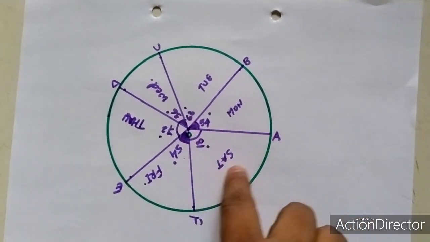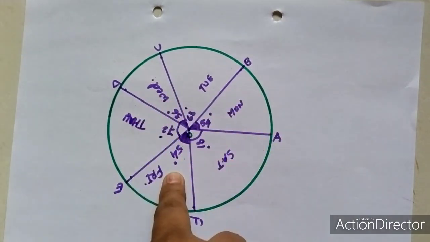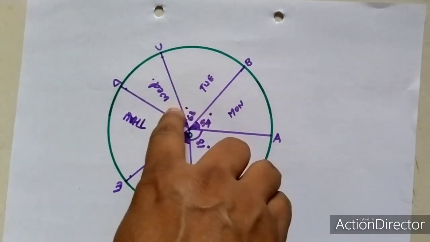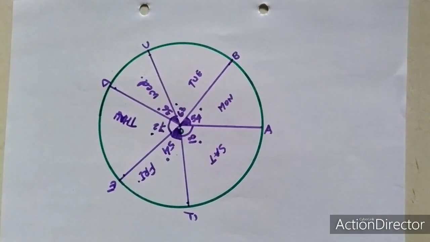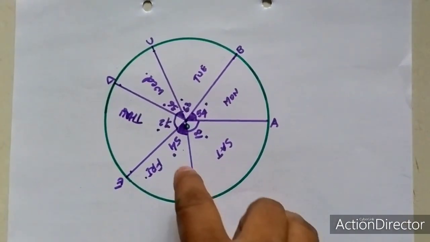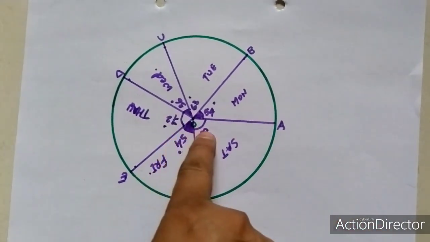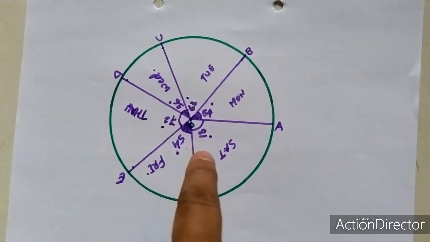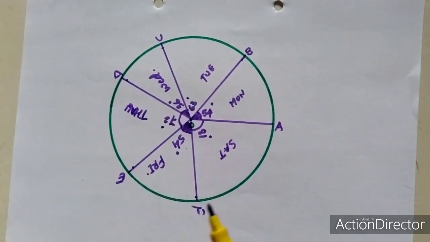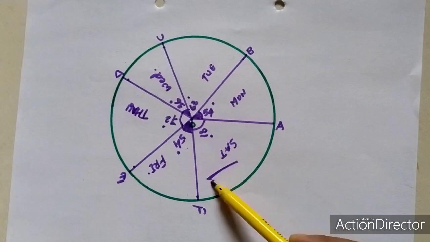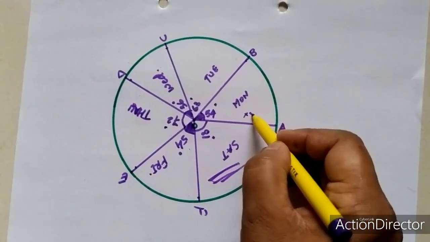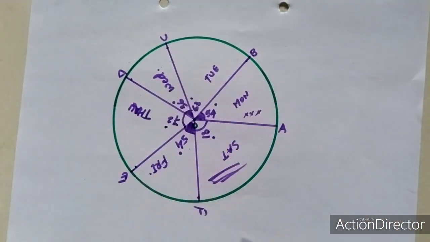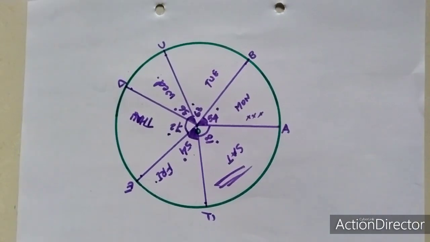Sector means each part of the circle is called a sector. So here 1, 2, 3, 4, 5, 6. This particular circle is divided into 6 parts, not equally because the central angles are different. So this is called a pie chart. And now if you want to shade, you can. If you want to color, you can. Whatever the thing is there, it's up to you. Nothing is compulsory. So this is called your pie chart. So with the help of this method, you will do all the questions of your exercise.